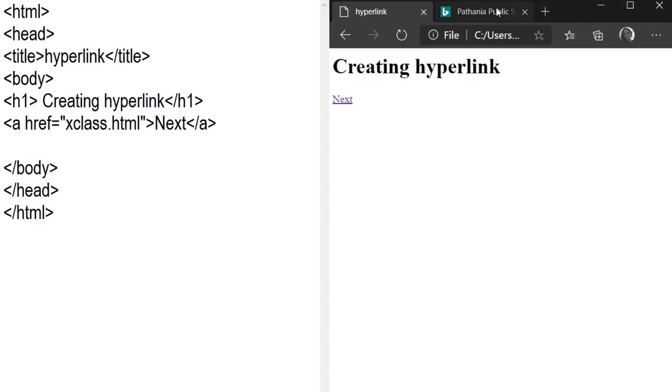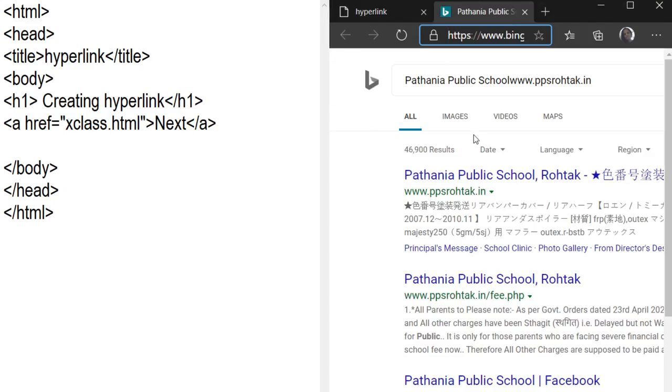For example, here we open our school website, Patania school, and then you can copy. This is your URL address, uniform resource locator. You can copy this address from the address bar, and then open Notepad and create a hyperlink here.